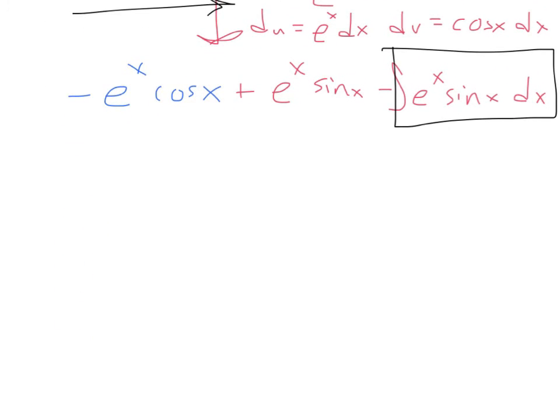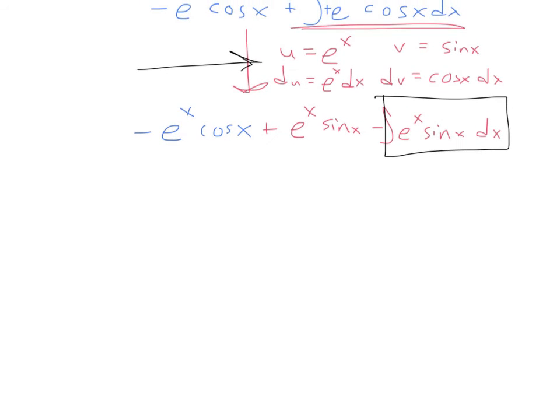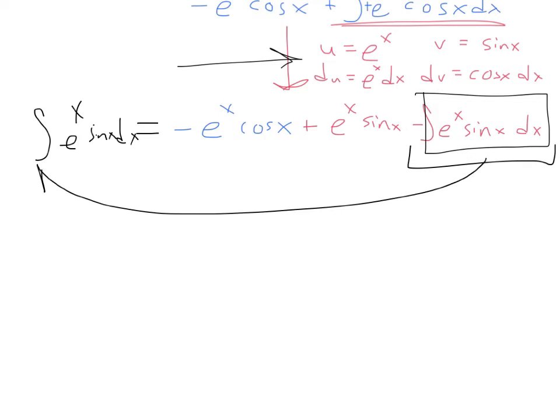Right? Think about what I can do now. And you sort of have to bear with me for a second. I think I'm going to have to zoom out a little bit. This problem is therefore equal to the integral of e to the x sine x dx. So what can I do? I could just add this integral over to the other side. Because they are exactly the same, I can add it over, and when I add it over, I get 2 of those integrals